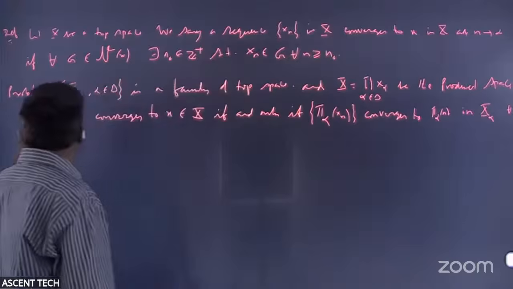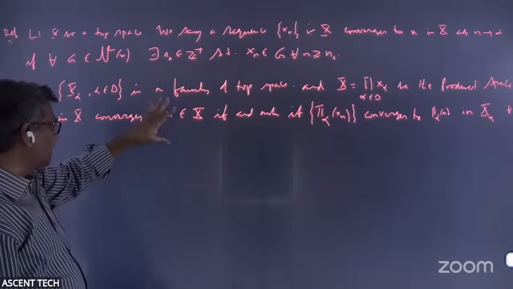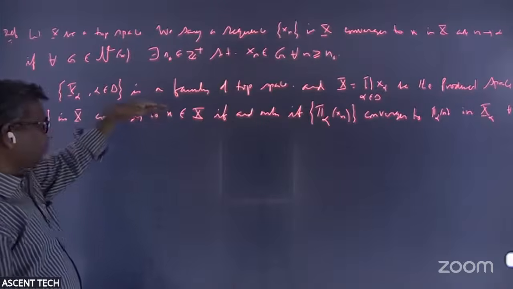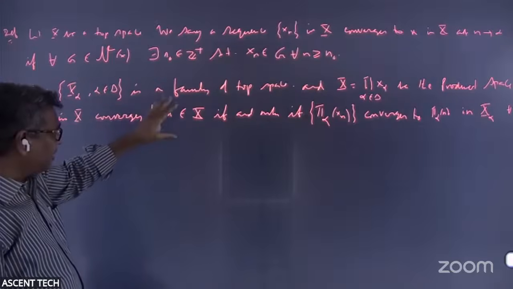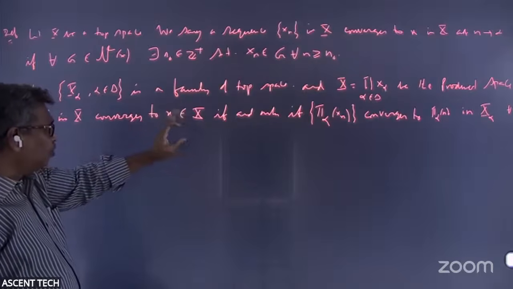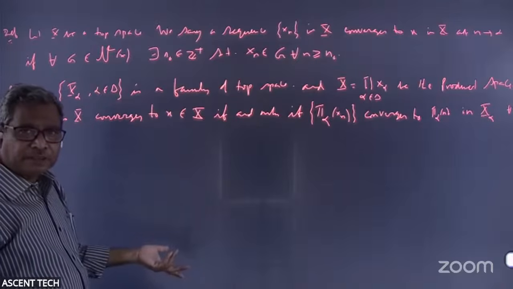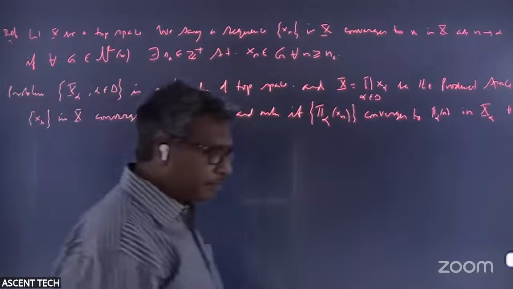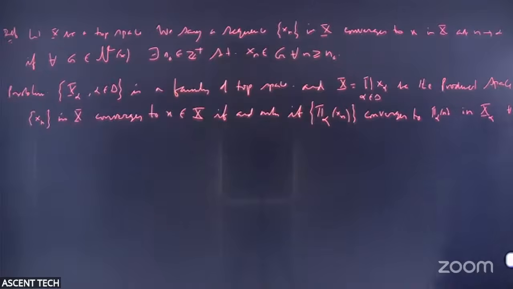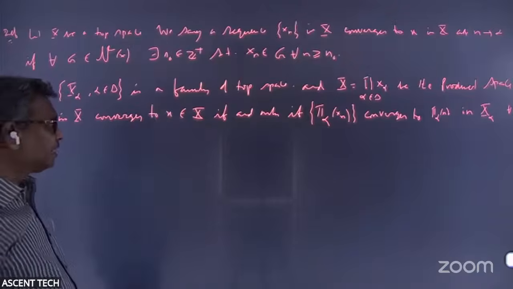Because if xn converges to x, then for any open set, even a basic open set that contains x, after a certain stage all the sequence terms should sneak into that. But that open set I have taken will have, in some component, a genuine open set in X alpha. So that particular component should sneak into that after a certain stage, and vice versa. All the projections should be convergent. That's what we are saying here. And vice versa, if all the projections converge,